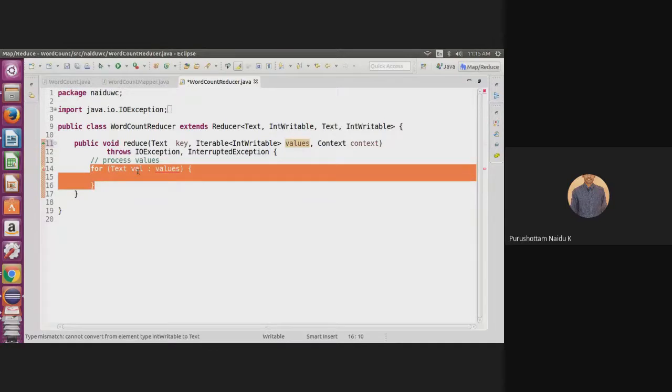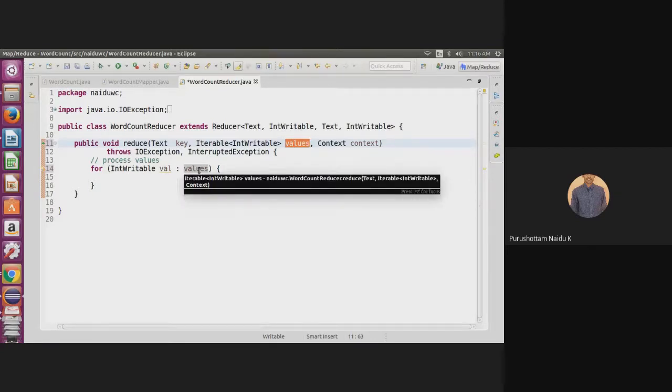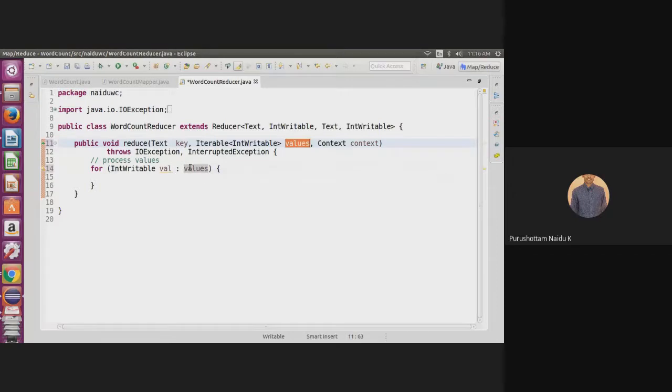The values contain a set of values, and the type of these values is integer. Each value of this set of values is assigned to var.